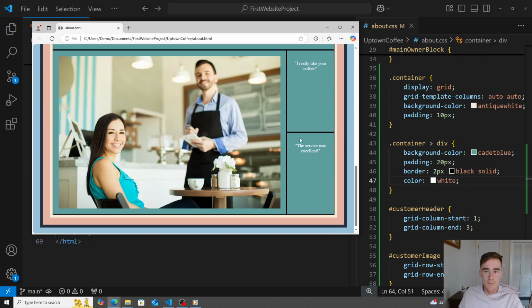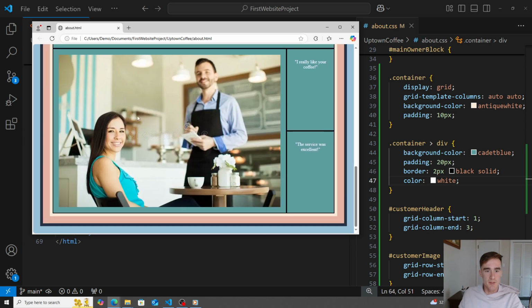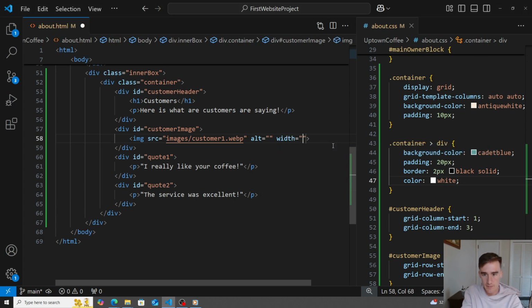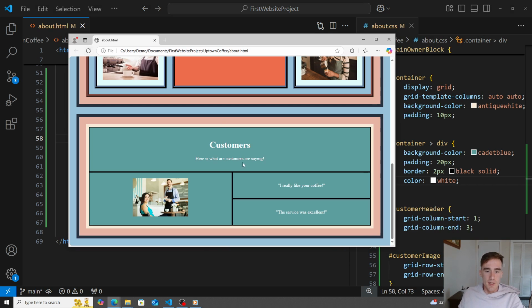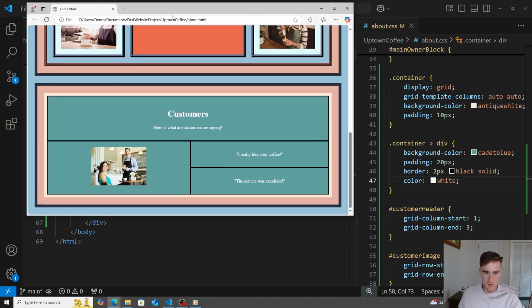Okay. Maybe some work we could do. Why don't we make this image a little bit smaller? Let's do maybe a width of 200. Give it a little refresh. Okay. And now that's looking a little bit nicer. And so there's definitely work we could do here with the CSS and the styling. Maybe we should change the colors, but for now, I'm just going to leave it so we can concentrate